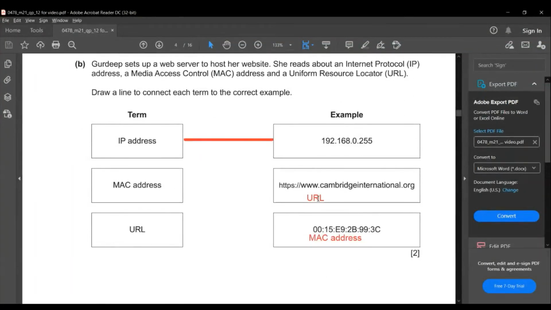Gurdeep sets up a web server to host a website. She reads about an internet protocol, a media access control, and a uniform resource locator. Draw a line to connect each term to the correct example. So, the terms are IP address, MAC address, URL. The examples are